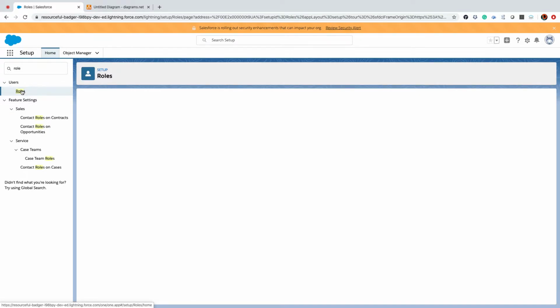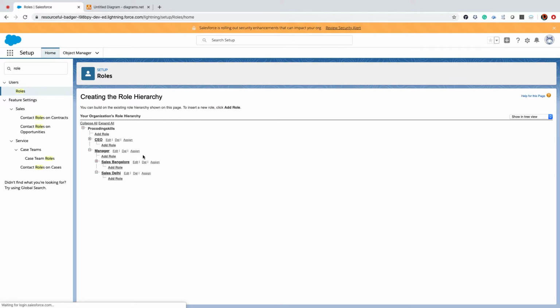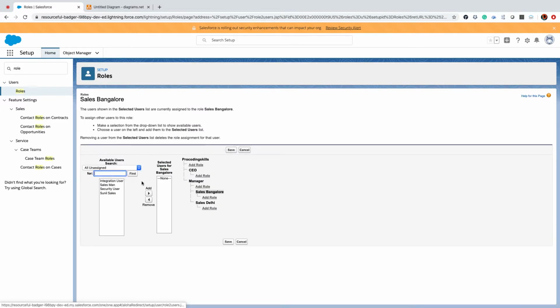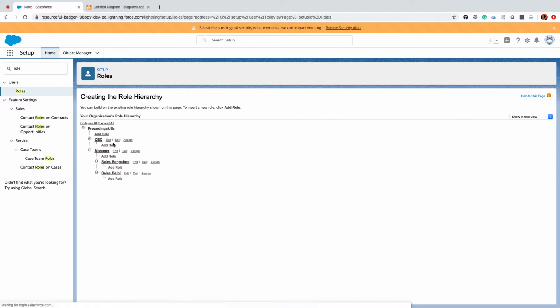What is the other role we had? Sales Bangalore. Sales Bangalore, I will assign the users. Here you can see assign. Sales Sunil I am assigning to this. And salesman I will assign to manager again.